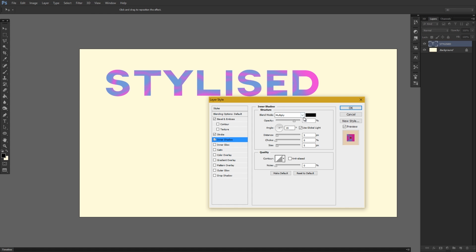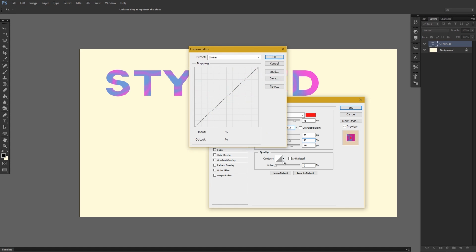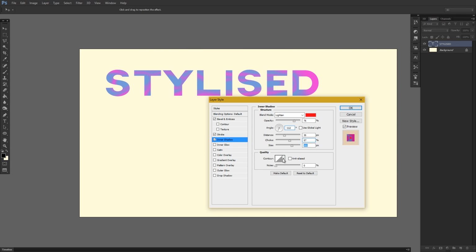So we want to have an inner shadow here, lighten. Bright red, yeah, angle about minus 111 I generally use. And we don't want to use global light again. Minus 1 is 12 will do. Distance wants to be 35. We want this to be about 57, 161, and then this one to be just the 5th one along, and we want that to be anti-aliased, you know, just